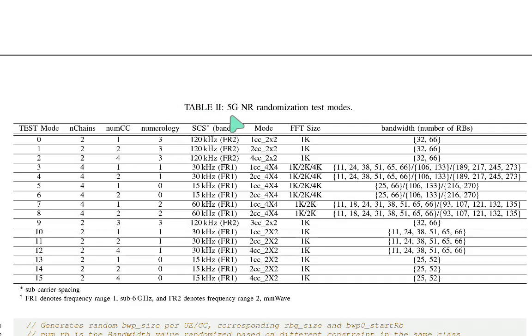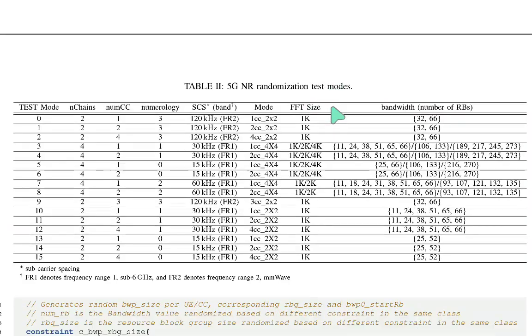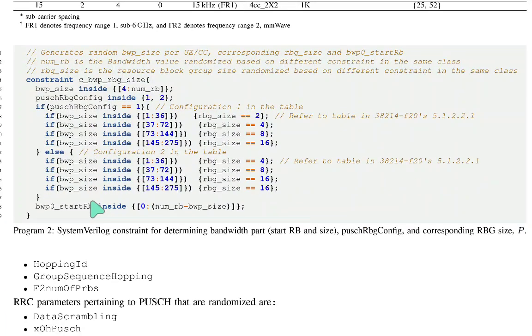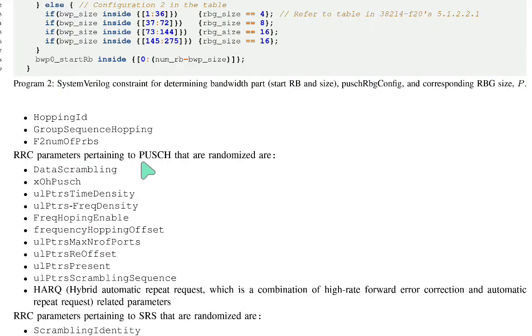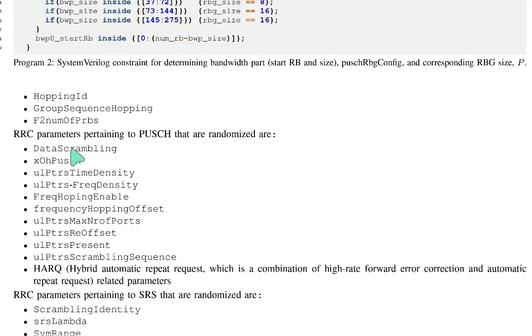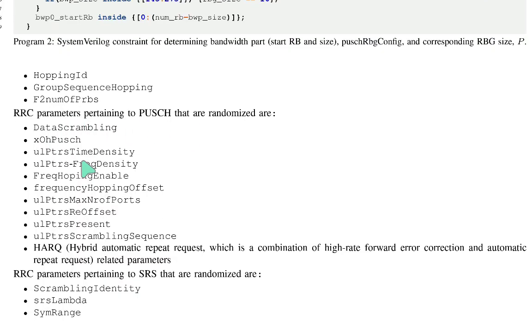Table 2 shows the 5G NR randomization test modes. This is Program 2, the SystemVerilog constraint for determining bandwidth part start RB size and PUSCH RBG config and the corresponding RBG size, and the pod ID, group sequence hopping, and F2 number of PRBs. The RRC parameters pertaining to the PUSCH that are randomized include data scrambling,